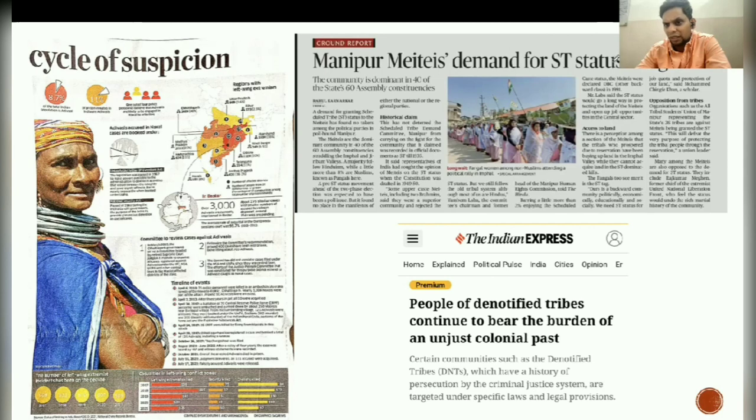Different groups are asking for ST status, again recognition, non-recognition, deprivation, or dominance in a particular region. There are many things that you could probably understand from these. All of these perspectives will also help you show to the evaluator that not only do you understand the theoretical aspects and are able to write them, there's a certain amount of connect that you can make with all the theory that you're writing, along with what is happening in today's society, let's say in the last 5-6 years, right?